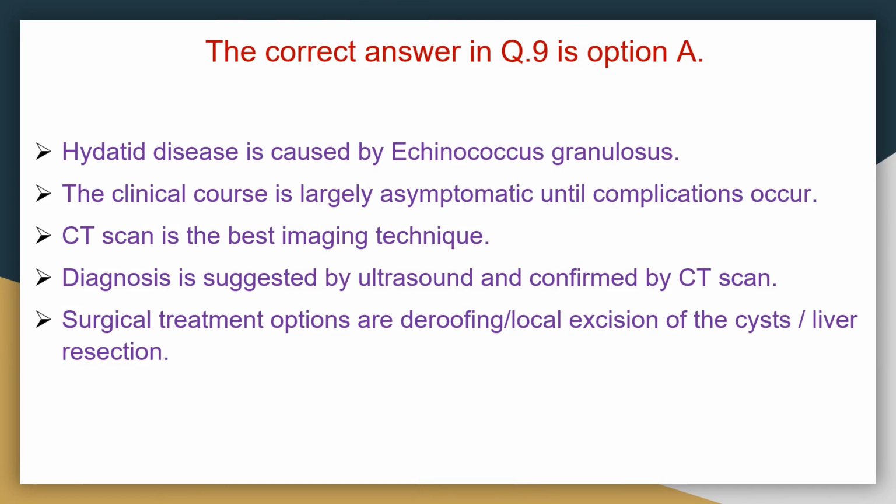Hydatid disease is a zoonosis caused by the dog tapeworm Echinococcus granulosus. The clinical course of a hydatid cyst is largely asymptomatic until complications occur. CT scan is the best imaging technique to identify the lesion. Diagnosis is suggested by finding a multiloculated cyst on ultrasound and is confirmed by the finding of a floating membrane